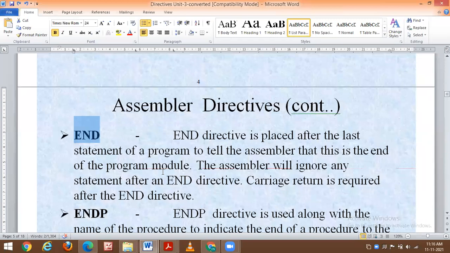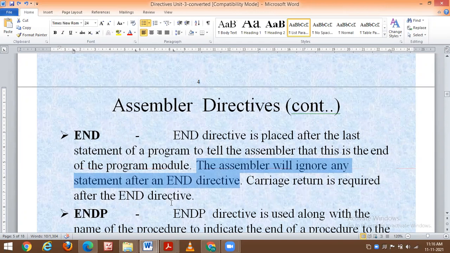That may be the end of the data segment, or the end of the code segment, or the end of start. So the assembler will ignore any statement after an END directive. Very important. The assembler will ignore any statement after an END directive. So the carriage return is required after the END directive. For that, the console is going to be used to display the output after the END. So END is used for what? To end the